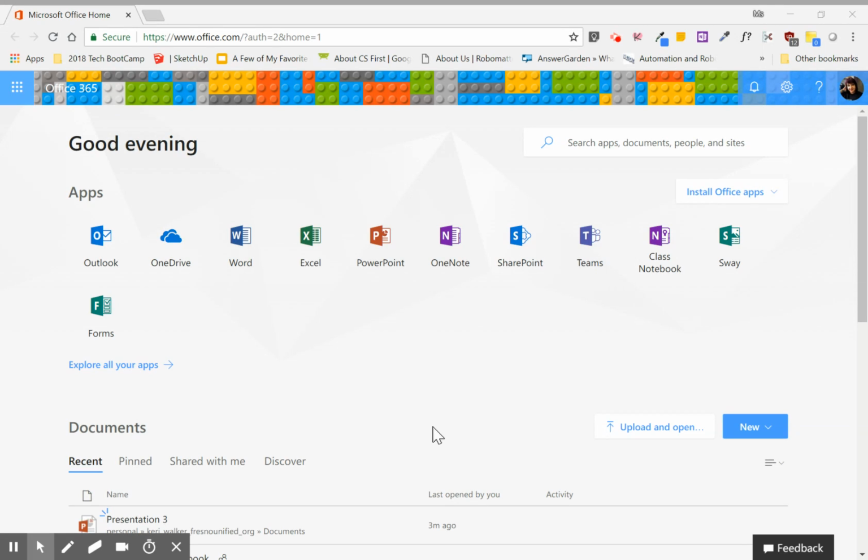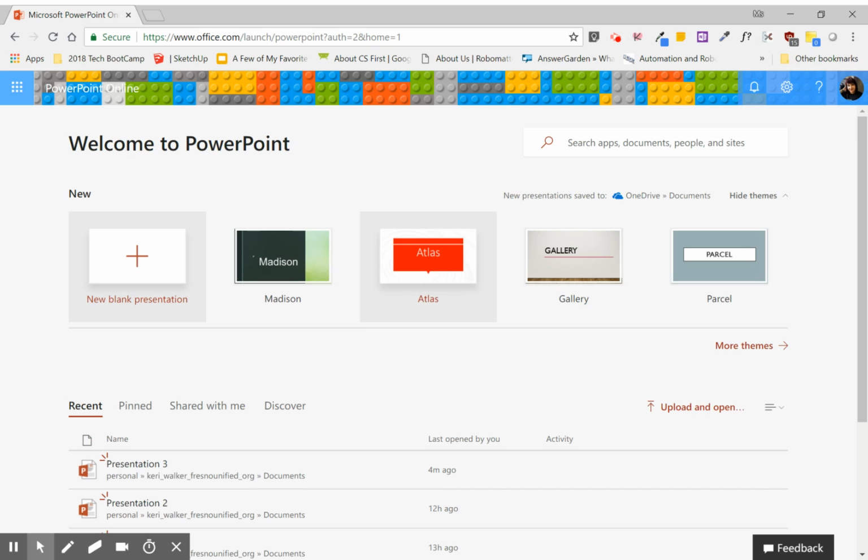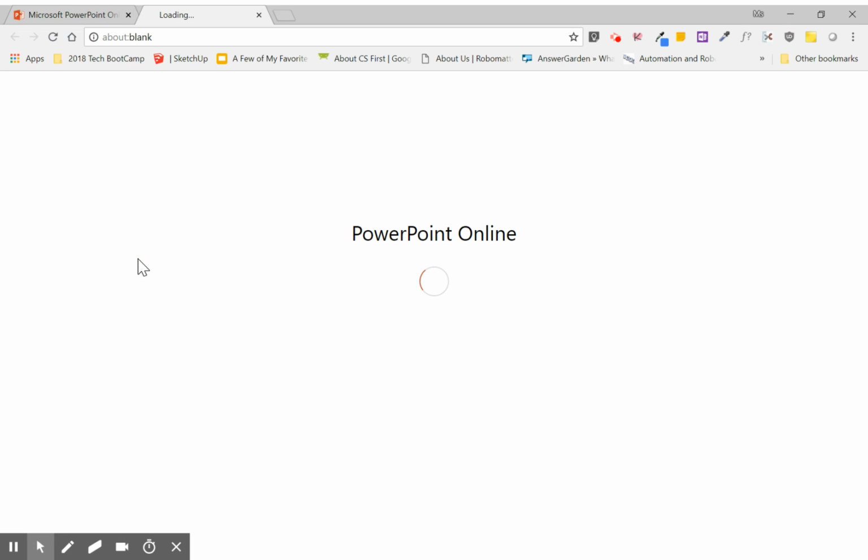Hi class. Today we're going to be starting your PowerPoint presentations, and in order to do that you will come to your Office 365. So you're in Office 365 and you're going to click on PowerPoint. Once you get to PowerPoint, you want to click New Presentation. We want to go to a blank presentation so that you can design the slides